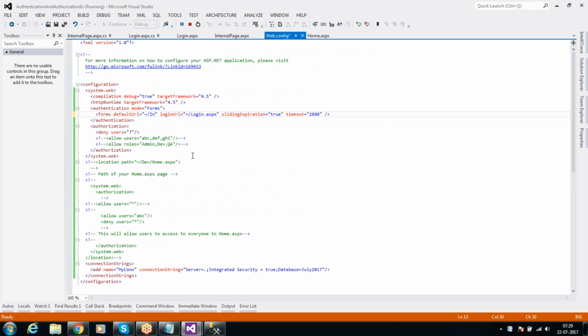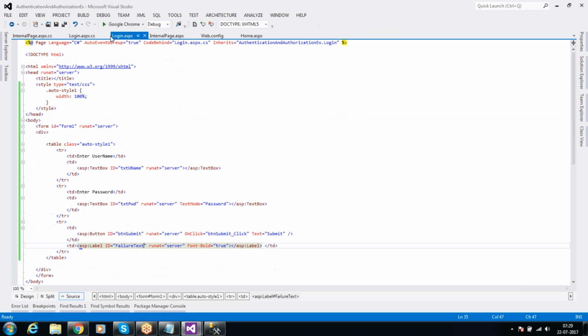You can change that once you are a logged-in user. InternalPage.aspx you can give like this. I can execute this one again. 1 2 3 4 5 6. Just when I click on the submit button,